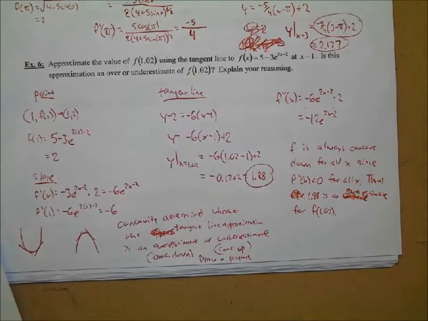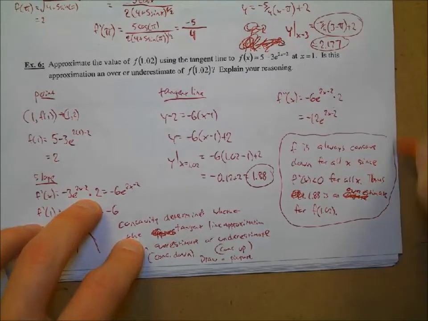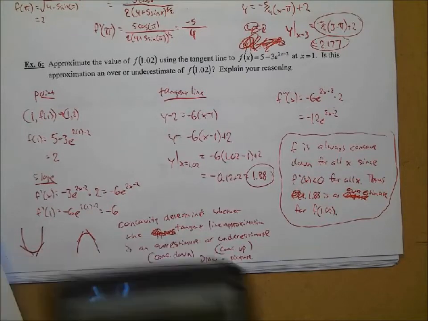Okay, something to that effect is our final answer there. So there, Simeon, is the reasoning that we're looking to come up with. That kind of reasoning, that explanation. All right, and if we actually found f of 1.02, you can type that into your calculator